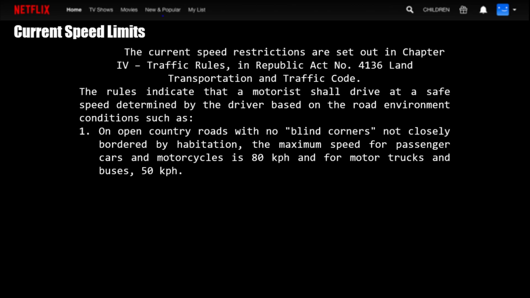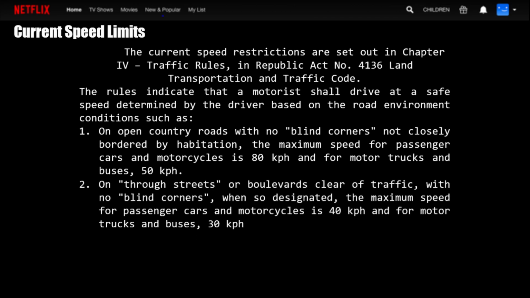The rules indicate that a motorist shall drive at a safe speed determined by the driver based on the road environment conditions such as: 1. On open country roads with no blind corners, not closely bordered by habitation, the maximum speed for passenger cars and motorcycles is 80 km per hour, and for motor trucks and buses, 50